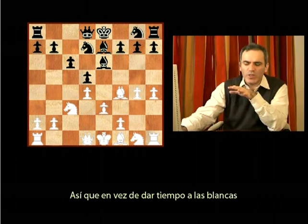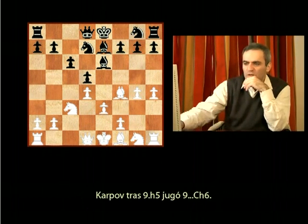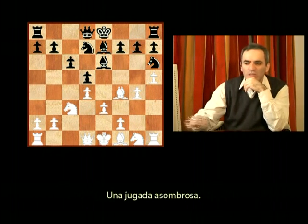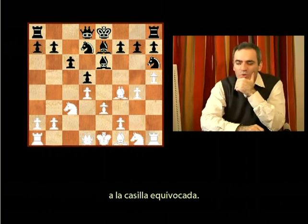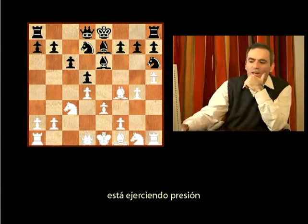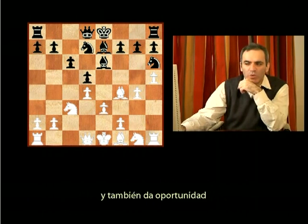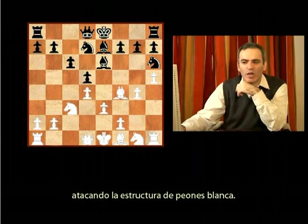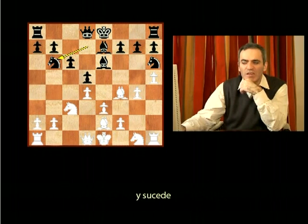So instead of giving White time to strangle Black's position, Karpov after h5 played knight h6. An amazing move, it looks quite odd because the black knight goes to the wrong square, but in fact it's putting pressure on the pawn on g4, and also keeping an opportunity to play f5 at one point, attacking White's pawn structure. So I played bishop e2, Karpov played knight b6, and it